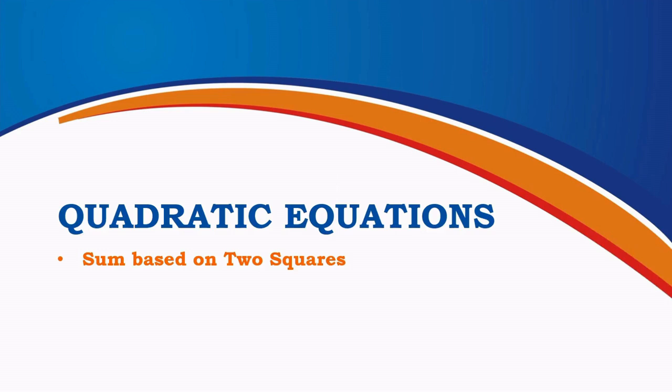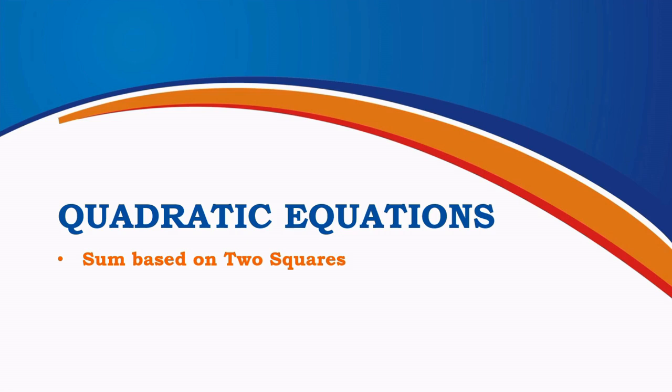Now, we will learn how to solve word problems based on two squares. A square is a special shape in which all four sides are equal and all four angles are right angles. Squares are commonly seen in floor tiles, chessboards, windows, and many other objects around us. Sometimes, we are given information about the sides or areas of two squares. We may be asked to find the side lengths of the squares or determine the relationship between them.